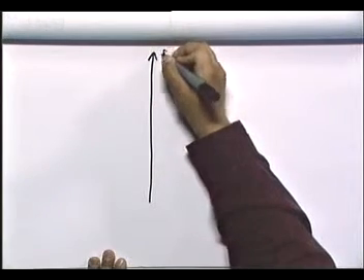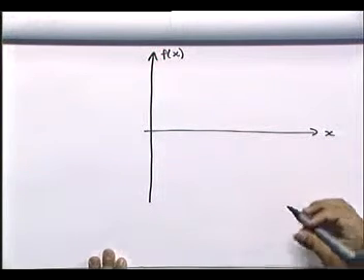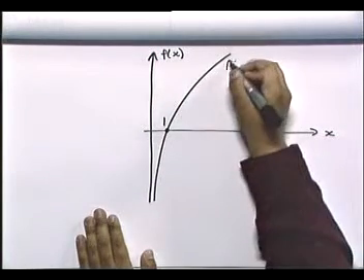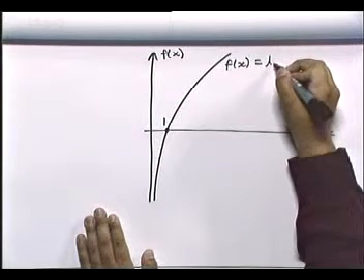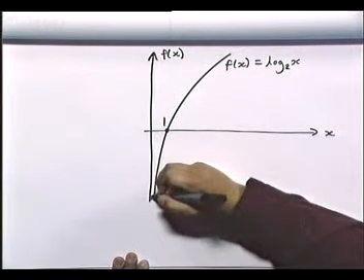And actually this represents the general shape for functions of the form f of x equals the log of x to base a when a is more than 1. But what happens as we vary a? Well, let's have a look at a few sketches of some graphs of some different functions, and that should help us to see what's going on. So if I have f of x vertically and x horizontally, we've just seen f of x equals the log of x to base 2. And if I was to draw this,